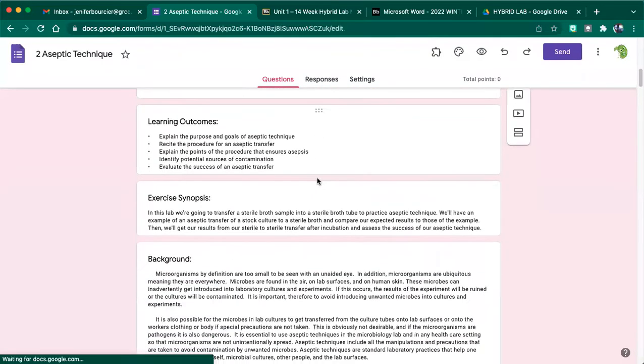So the important parts of the Google Forms are these learning outcomes. These are the things that you should be able to do by the end of the Google form. And these are the things that I'm going to be testing on in the exams. So when I wrote the exams, I sat down and looked at all of these learning outcomes and I said,